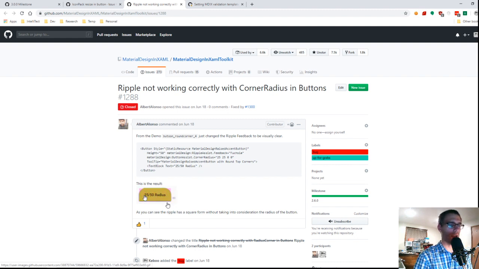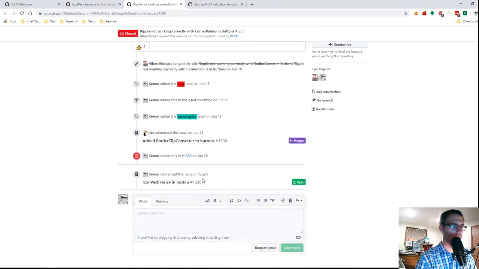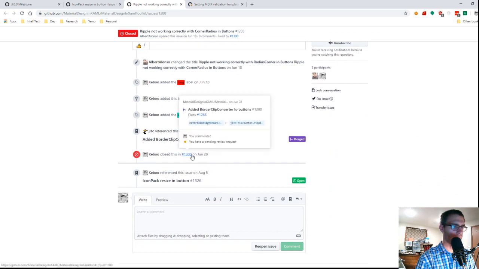The ripple was going out over the top because the ripple itself basically has to sit on top of the content to be able to show it. So we put in the clip property to appropriately clip the ripple at the corners, but apparently it's clipping the content too, which is no bueno.